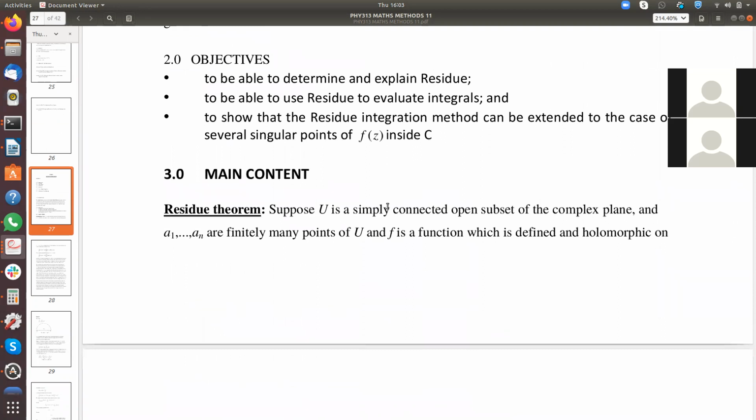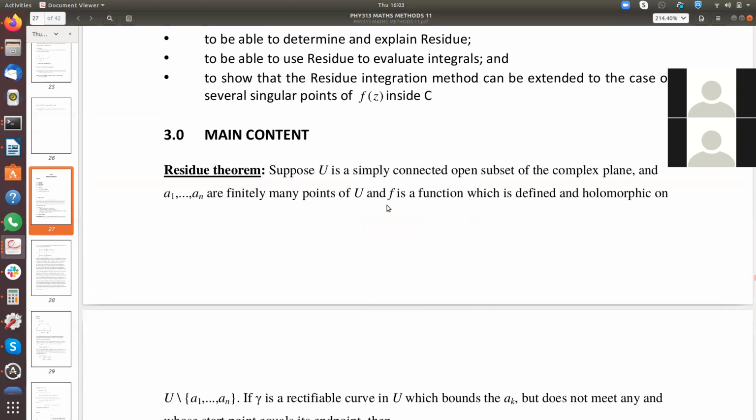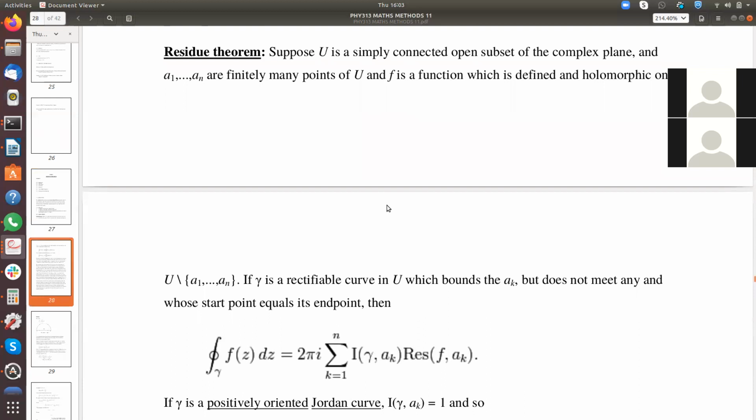Suppose U is a simply connected open subset of the complex plane, and a1 up to an are finitely many points of U, and f is a function which is defined and holomorphic on U minus those points. If gamma is a rectifiable curve in U which bounds the points a_k but does not meet any of them, and whose start point equals its end point,